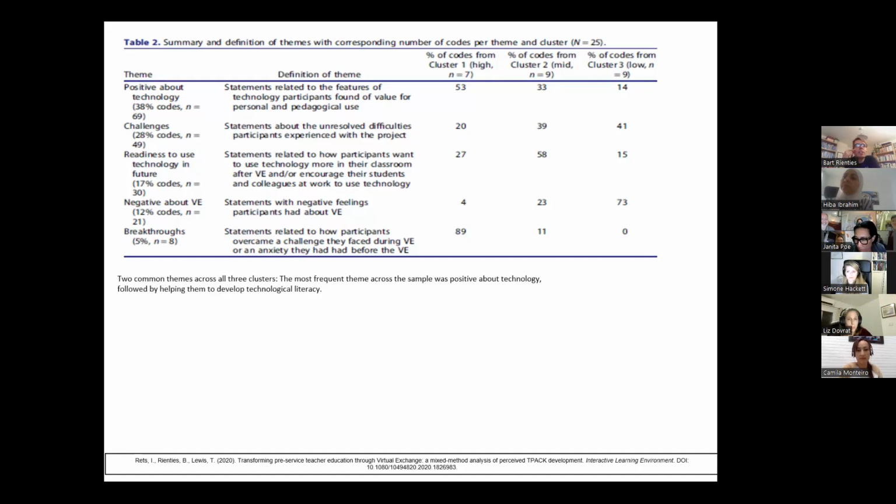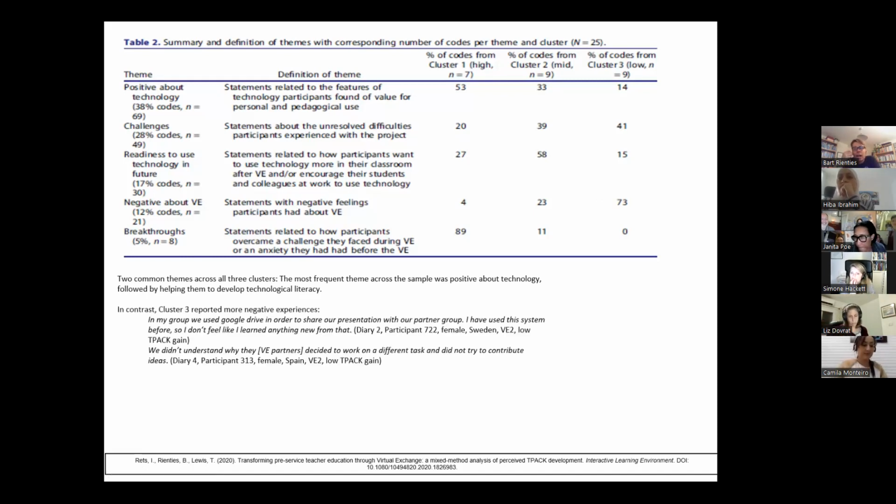And what we found across the three clusters is that mostly the students are very positive about the technology that they use in virtual exchange, but at the same time, it also allowed them to develop their technological literacy. But what was quite interesting, and this is where I think you also see it in the numerical coding, where the pictures were slightly different, we found that how students were able to overcome some of these difficulties was different. So for example, in cluster 3, that is the low group of students, they reported much more negative experiences